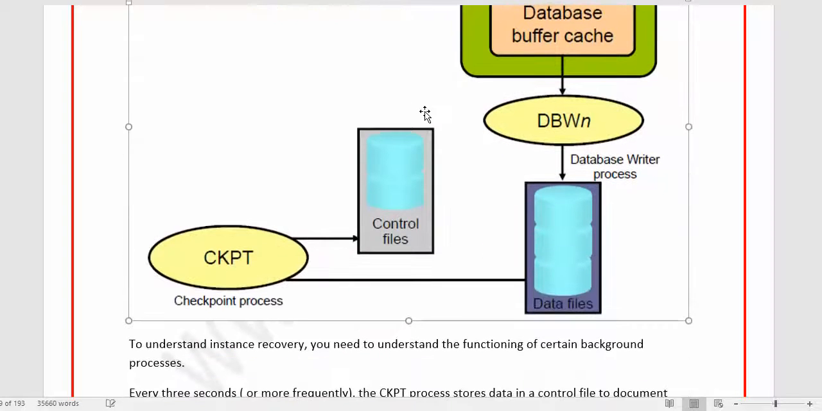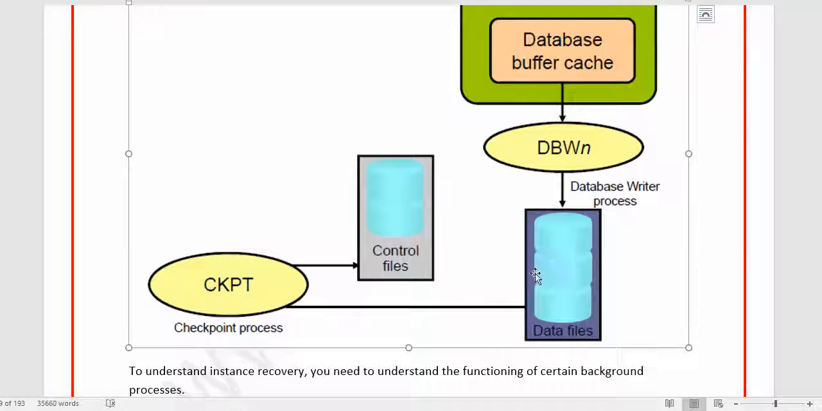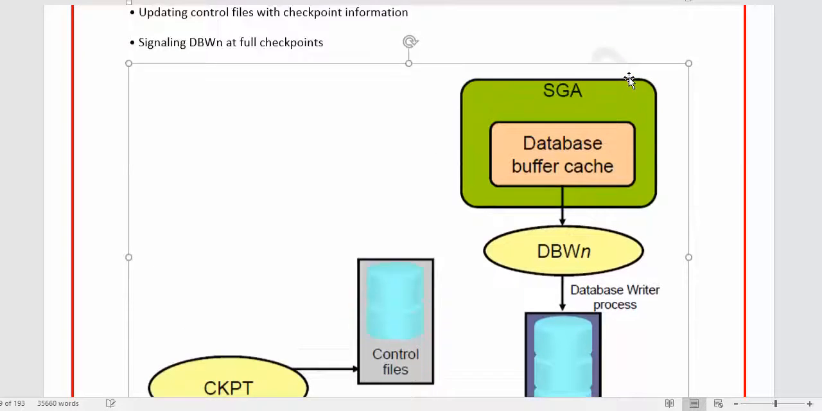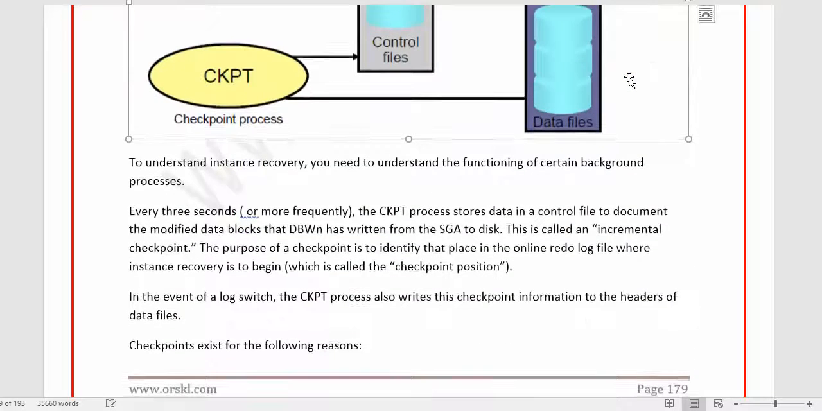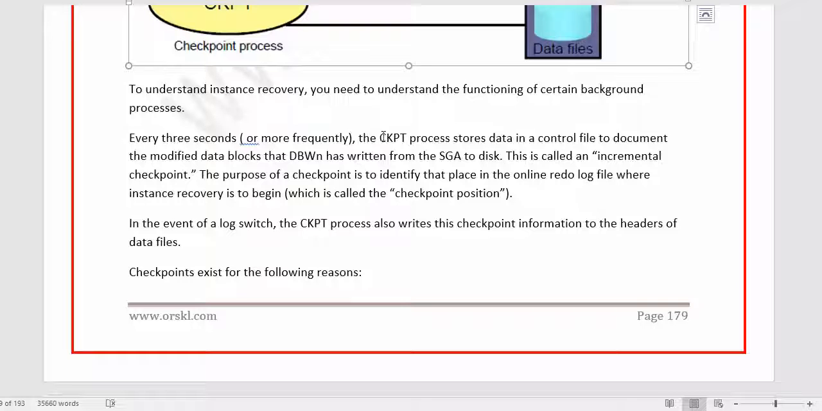Okay. If you check this image, the checkpoint will update the latest checkpoint information in the data files and control files, and it will also signal the DB writer about the checkpoint updates to the data files. Every 3 seconds, the CKPT background process stores data in the control file about the modified data blocks that DB writer has written from the SGA, and this is called an incremental checkpoint. So why is this required? This incremental checkpoint is required for the online redo log files as well, to perform the instance recovery